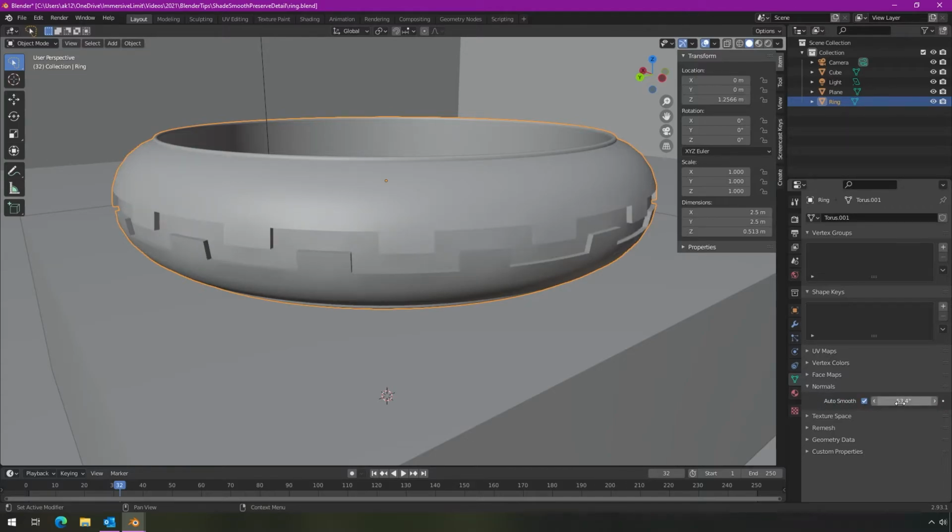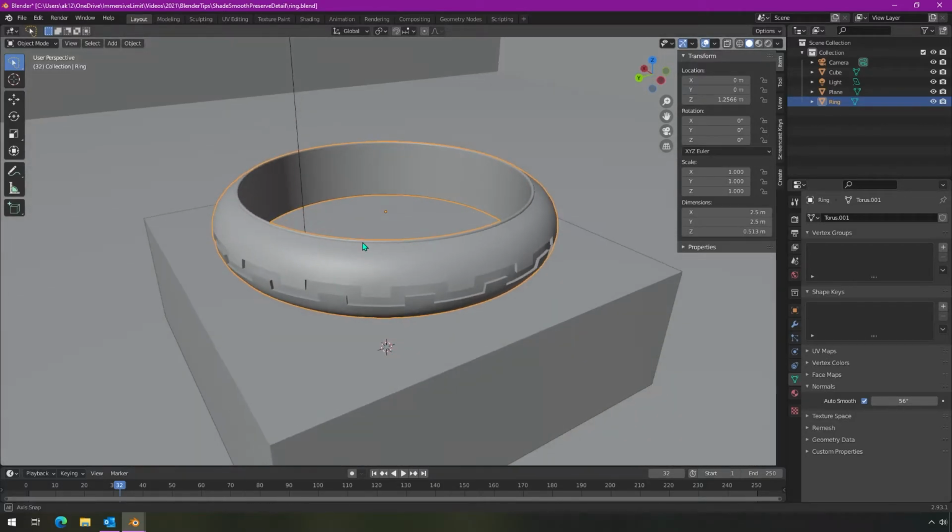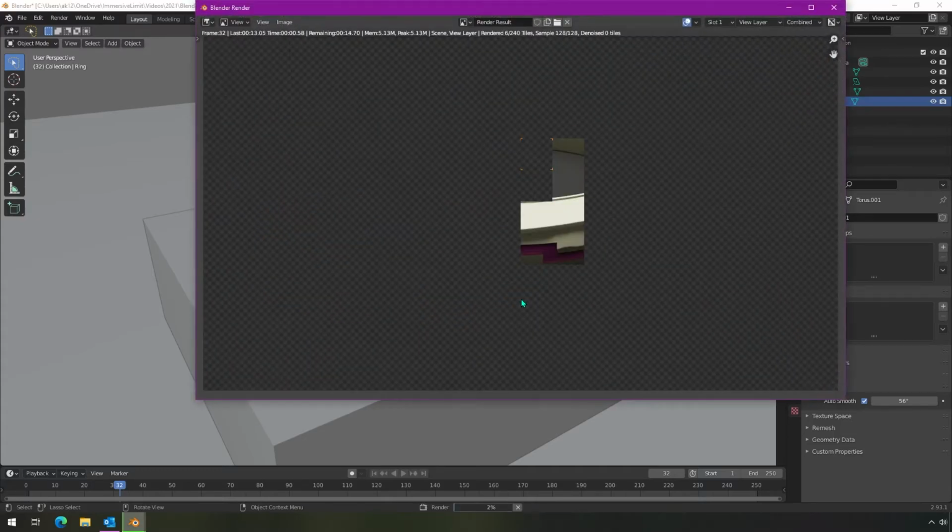And by default, this is set to 30, but I've been messing with it a little bit. You can kind of see how as I'm dragging it back and forth, this threshold affects what angle basically it starts smoothing out at. So I found that if I went too high, then it starts to mess up this groove through here. But if I go low enough, then it does start to give a nice little rounded lip on this ring, which is kind of what I was looking for. So somewhere around 50 something was a pretty good angle for me. And when I render it out,